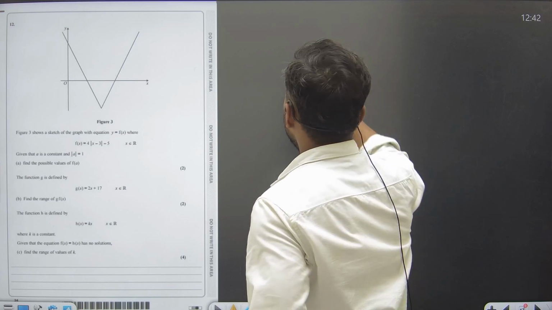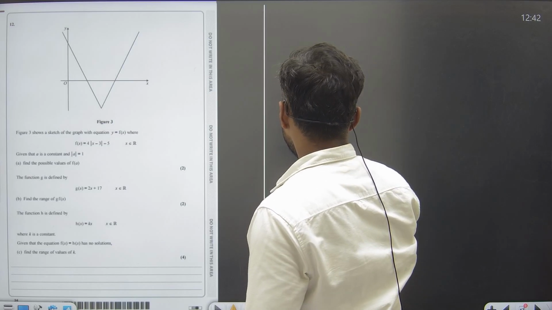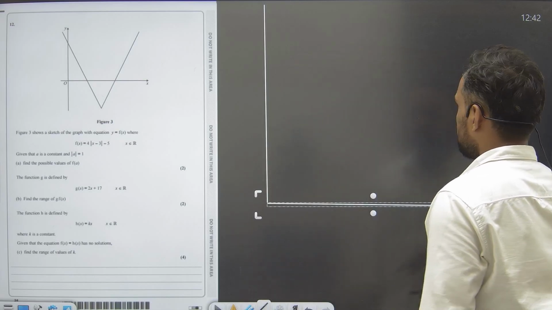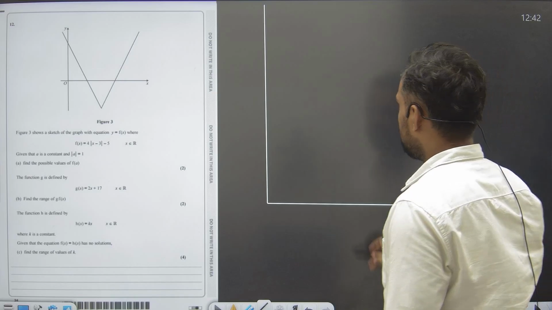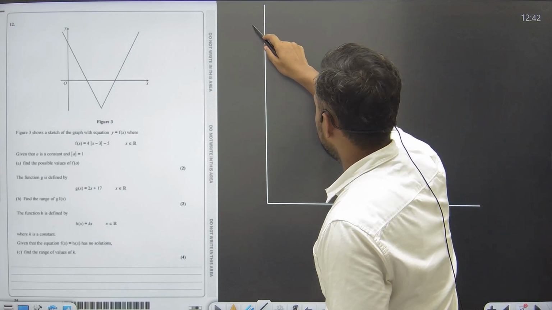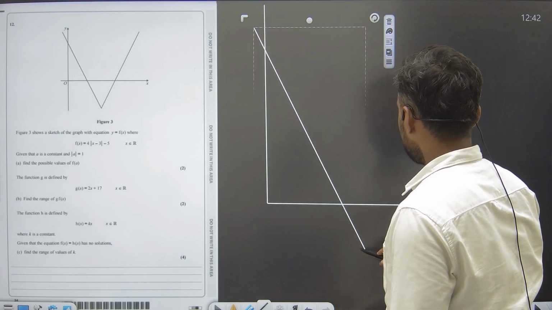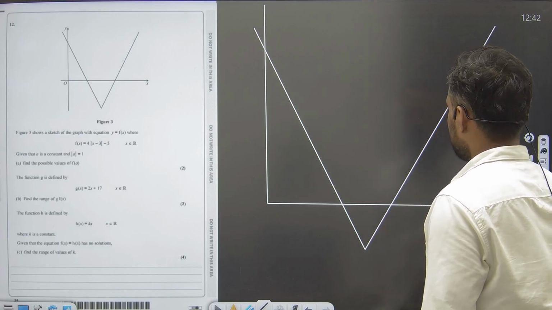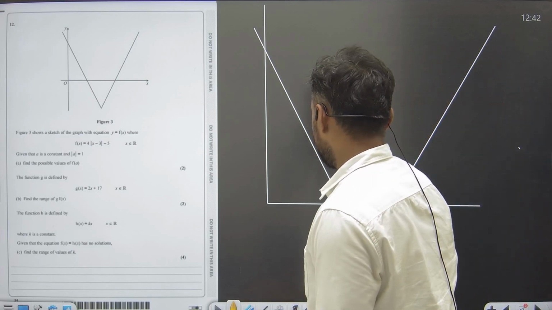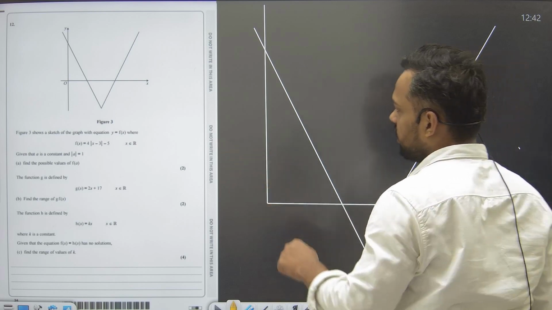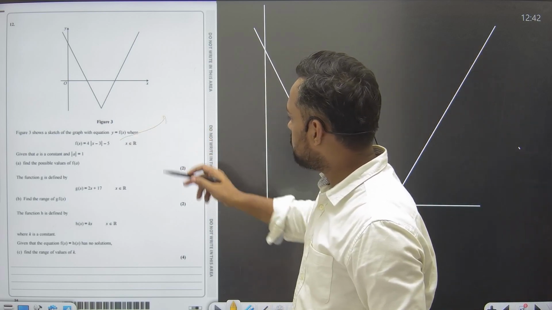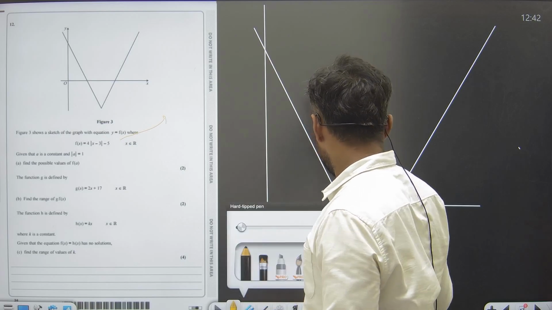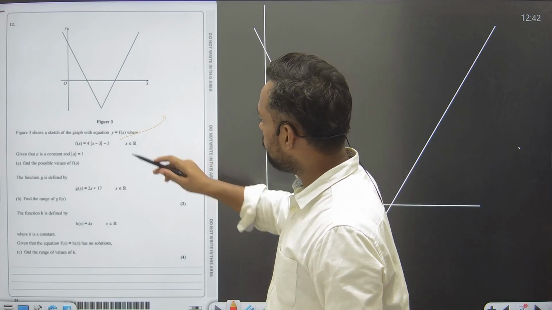This whole question is based on visualization, students, meaning how good you are in visualization. See, in the question they have mentioned that the function is f(x) equals 4 mod of x minus 3, negative 5. So for this part, students, what will be the